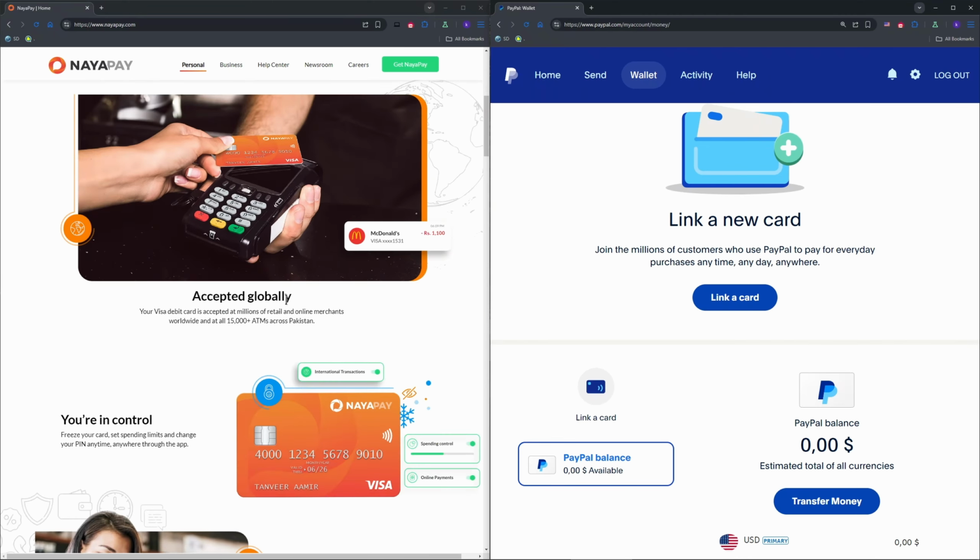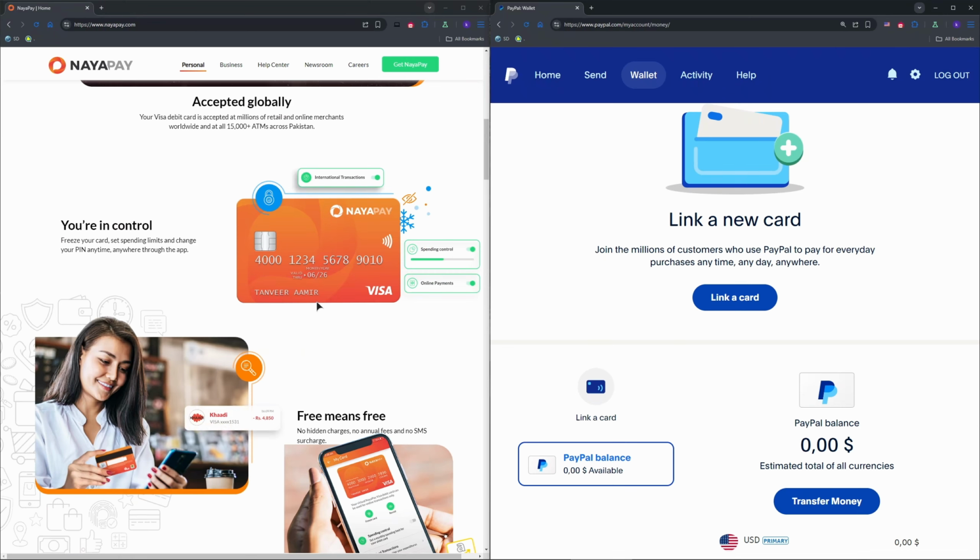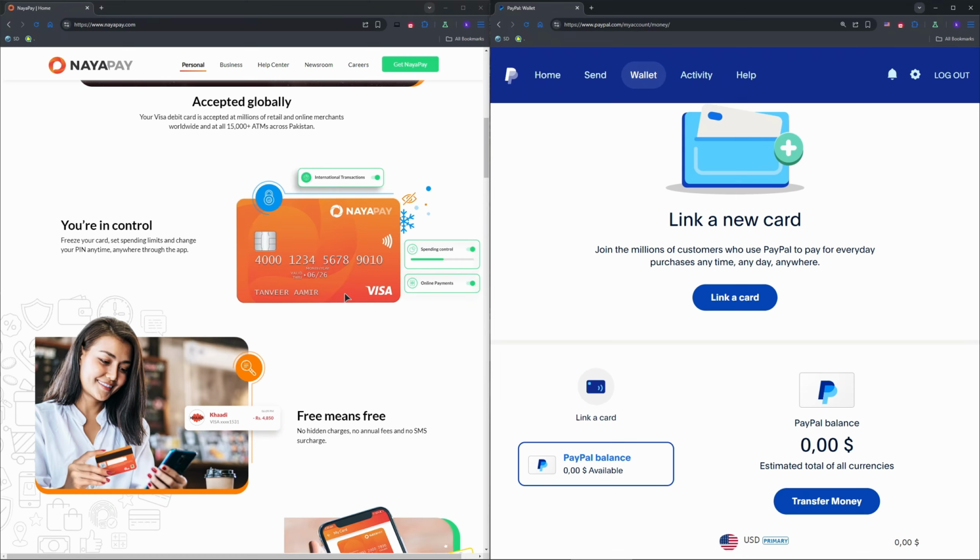Log into your bank's mobile app or internet banking and add your Naya Pay account as a beneficiary using your Naya Pay IBAN or mobile number. Select Naya Pay, enter the amount and complete any security checks. Funds transfer instantly via IBFT or RAAST and you'll get a Naya Pay notification. Check your bank for any transfer fees.